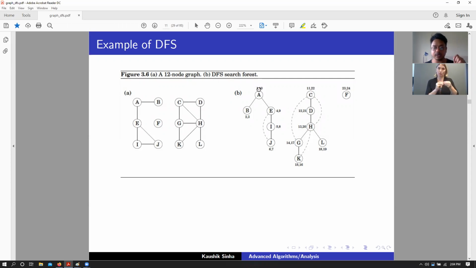So one can say that if we have a parent node, then the post-visit number of the parent node will always be larger than the post-visit number of a child node, right? Because the child node needs to be dealt with first, and then comes the parent node, and then the parent node's post-visit number gets updated.